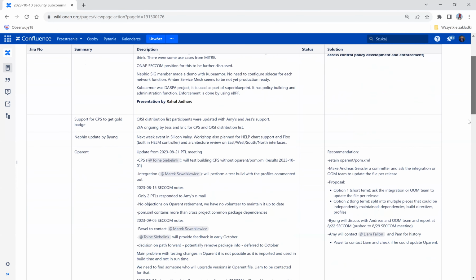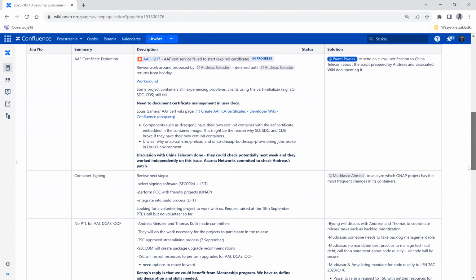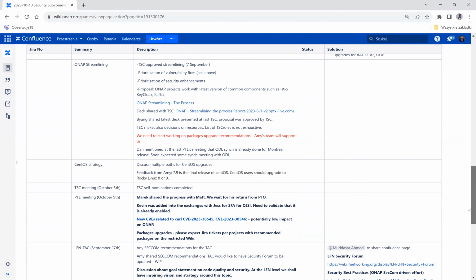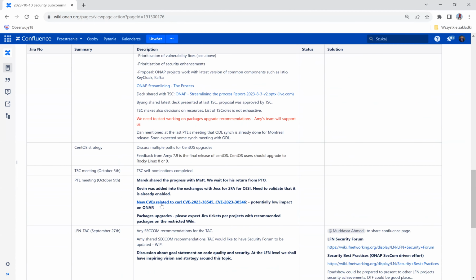One more item, just last, sorry guys, is that we had some recent discussion on some new CVEs related to curl. We had discussion at the PTL score. Initially, it looks like potentially a low impact for ONAP.